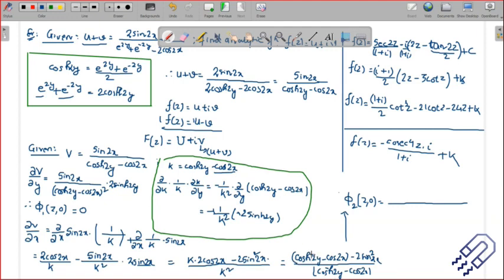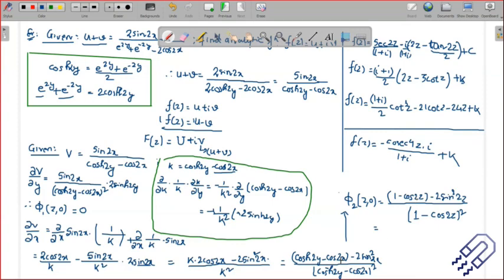This is 0, so cos hyperbolic 0 is again 1, minus cos of 2, in place of x we are going to write down z, minus 2 times sine square 2z, in place of x we are going to write down z, divided by cos hyperbolic 0 is 1, minus cos of 2z whole square, right? So there is a whole square there, sorry, mistake. So we can simplify this. I think this is cos of 2z,